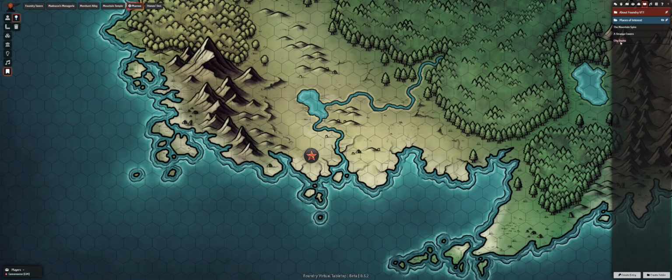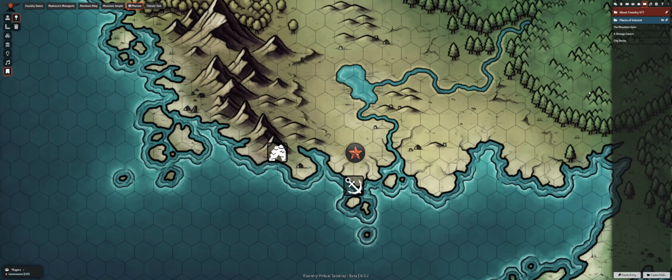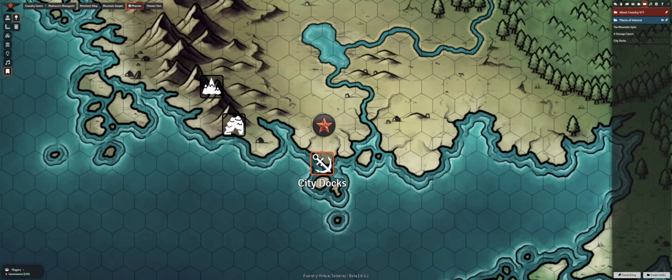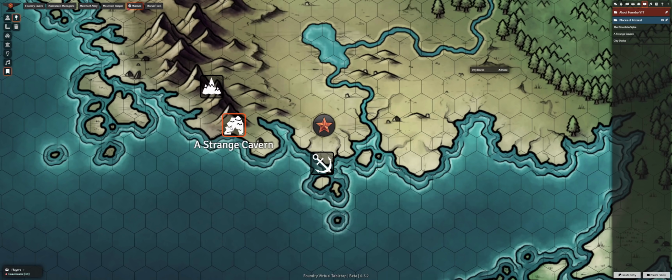In addition, I'm thrilled to have added map pins, which allow you to drag and drop journal entries to the map to provide linked references for important places within your world. Each map pin can choose from a set of icons, which can easily be extended by mods, and players can see a placed pin if they have permission to the linked journal entry it represents. Using these pins provides a great way to richly annotate your world and help explain to players exactly what they're